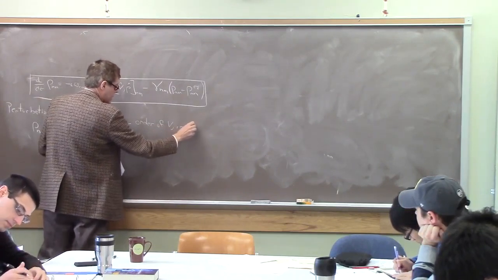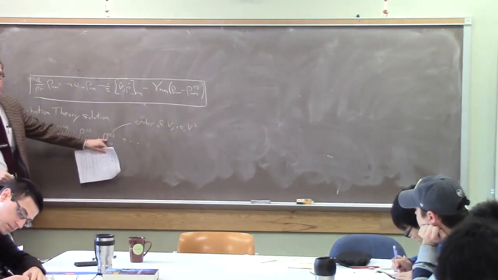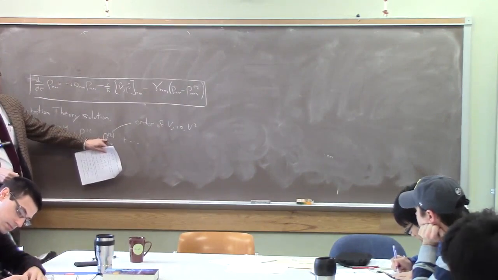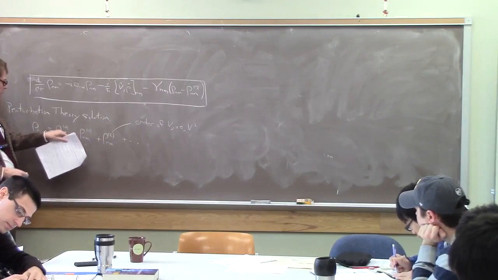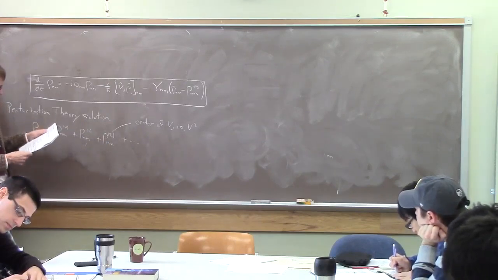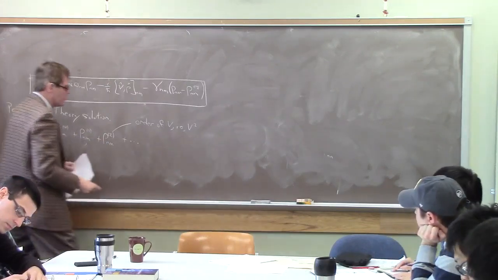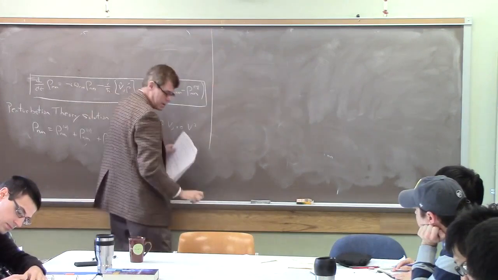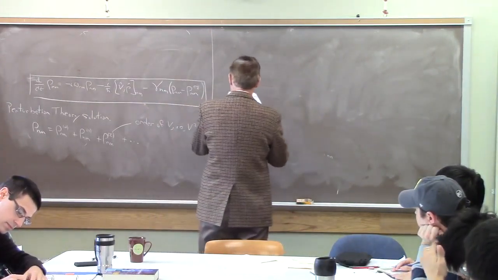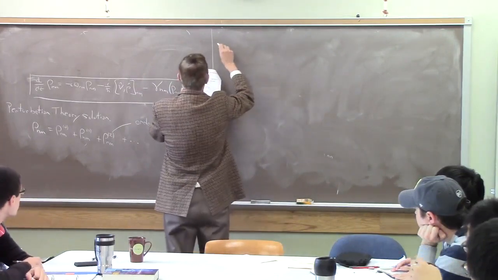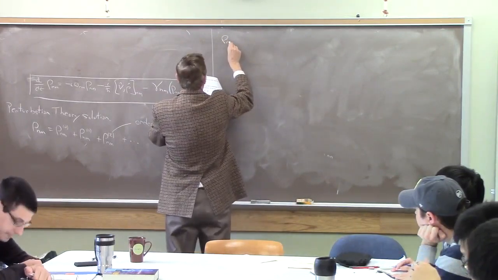That is, here you have terms that are proportional to V squared. Here you have terms that are linear in V. Here you have terms that are independent of V. So carrying through on this perturbation expansion, you find that rho n m 0